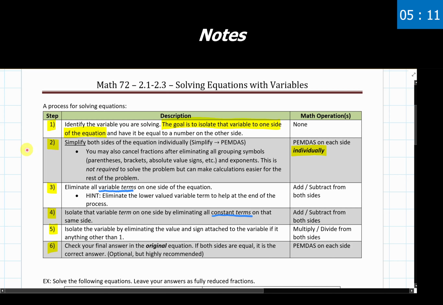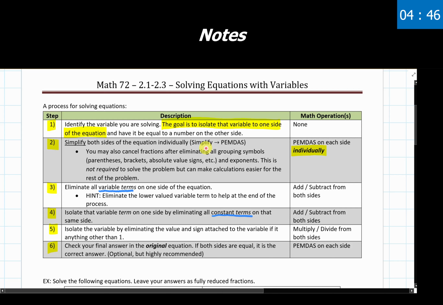Now, my recommendation, if you're following these steps, is first and foremost, simplify both sides of the equation individually. Should make that "individually" note known. If you are writing this down, I would highlight, circle, bold, underline this individually part. We're doing each side all by itself. Nothing should be moving and adjusting on either side of this equation.